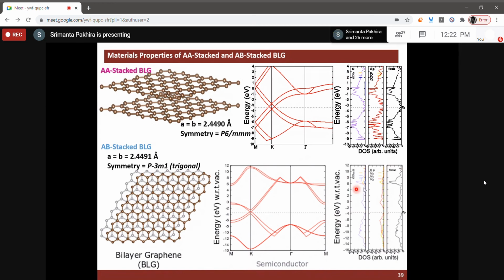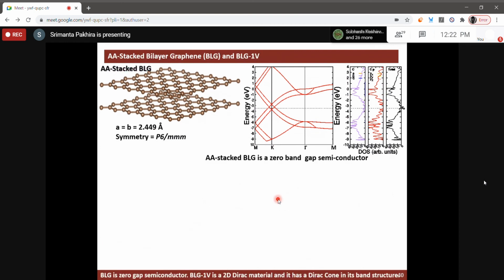We found semiconducting behavior, and the total density of states is followed in a similar way by the PZ subshell, not the other parts. PY in some cases is very negligible, but PZ is the most contributing component in the total density of states. We have already learned the first figure, so I don't want to disturb. But now what we understand is that AB stack bilayer is a zero band gap semiconductor. Why? Because the band gap is zero, but the occupied electrons are less. That's why it's a zero band gap semiconductor.